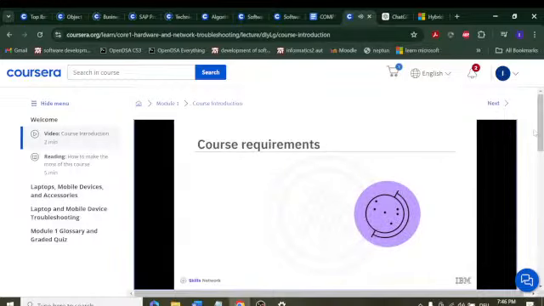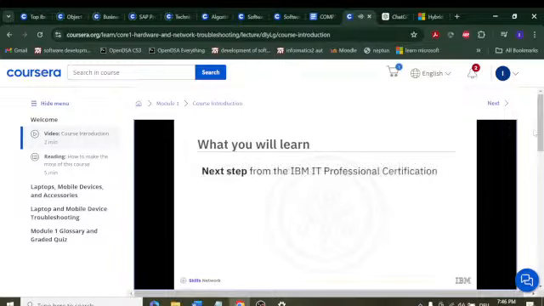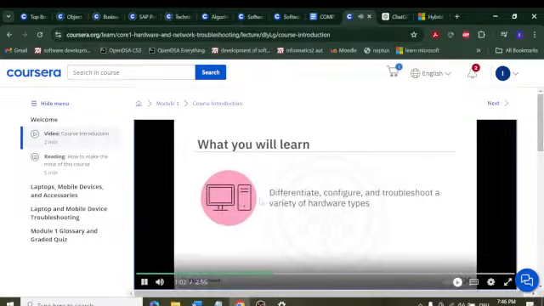To successfully complete this course, you should have basic knowledge of IT fundamentals, basic IT setup and troubleshooting skills. The prerequisites for this course are Introduction to Hardware and Operating Systems, Introduction to Networking and Storage. This course is the next step from the Professional Certificate Series of IBM courses intended to help you develop IT fundamental skills and knowledge. When you complete this course, you'll be able to